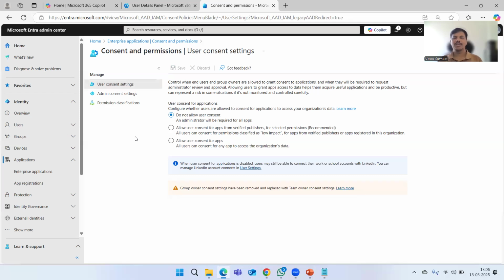Because if people are using freeware tools, freeware systems, which are unknown to the business and the overall IT as well, that means it is going to increase the security risk, where users' identity can be used for unknown situations or unknown purposes, right? So this way, we should definitely take appropriate decisions on whether we want to disable it, we should allow it or what, right? So let's say I have set it to do not allow users, and then under the admin consent settings,